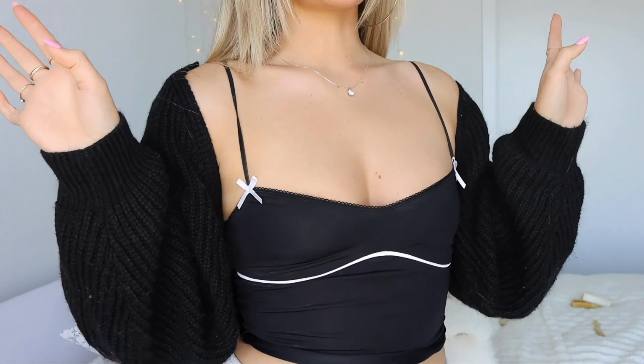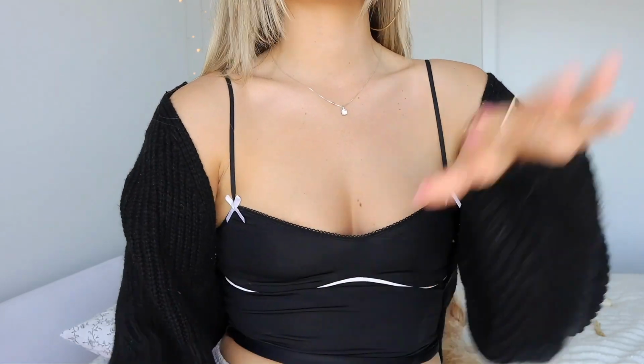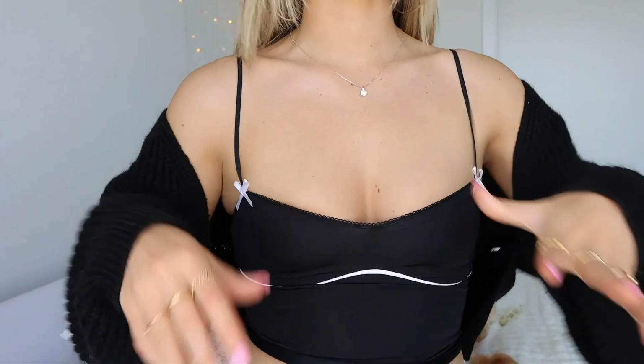A bolero. I had no idea what these things were even called until just recently. It's so easy and cute. You can just pop it on with any of your summery tops. It's one of these things that just goes over the shoulders and it is so comfy and elevates your outfit. Plus, it keeps you cozy when the temperature drops a little bit, and you can always take it off as soon as it gets a little bit hotter. There are so many cute boleros available online, and you can get them in a whole bunch of different colors and just keep them inside the car with you or keep it in your handbag for whenever you need something to just kind of